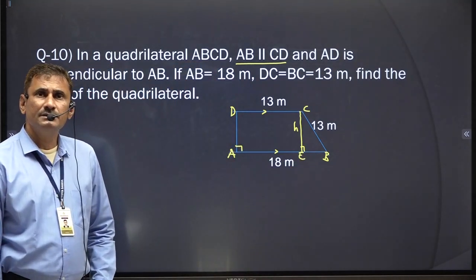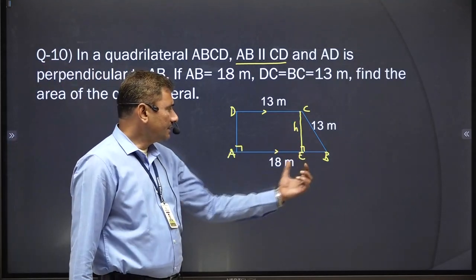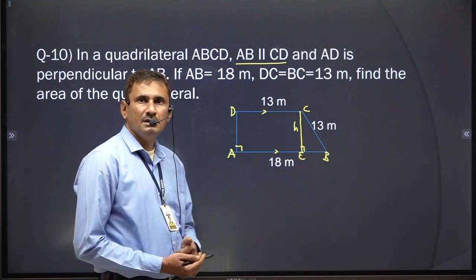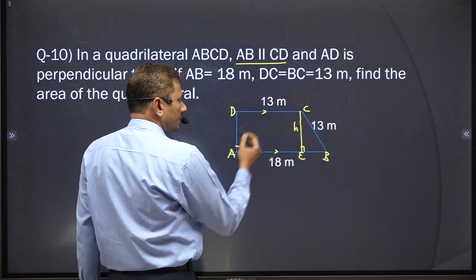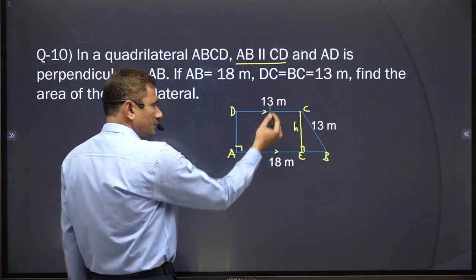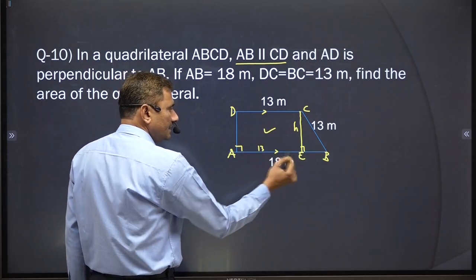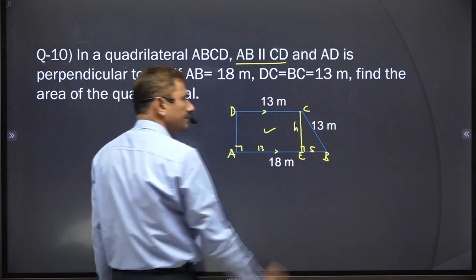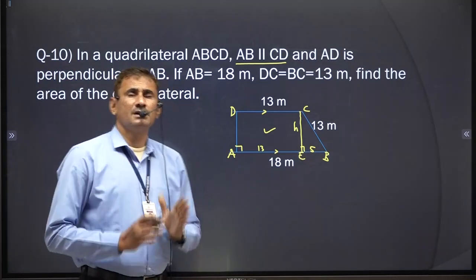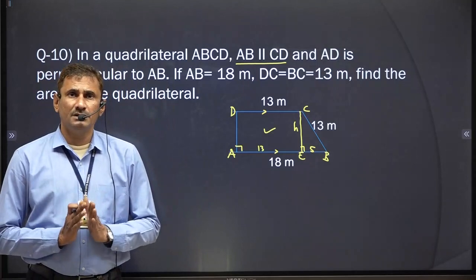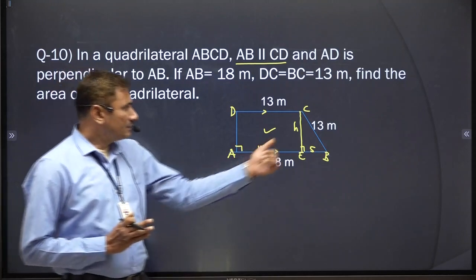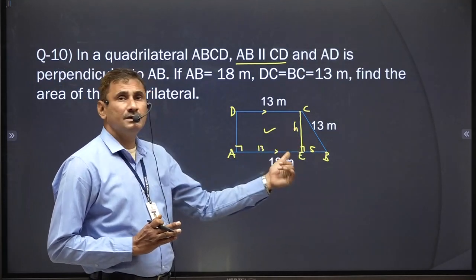So now what happens here, due to the altitude, line segment AB is divided into two parts, AE and EB. Now you know AECD will be a rectangle. So opposite sides are equal, so AE is 13, so obviously EB is 5. Now this is a right angle triangle. So in a right angle triangle, if any two sides are given, you can find the third side by Pythagoras formula. So that way we can find the height or altitude here.